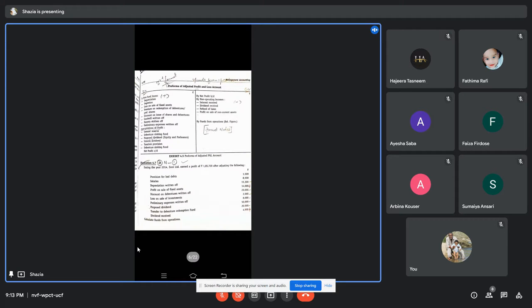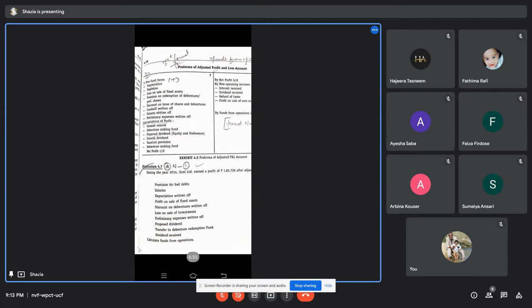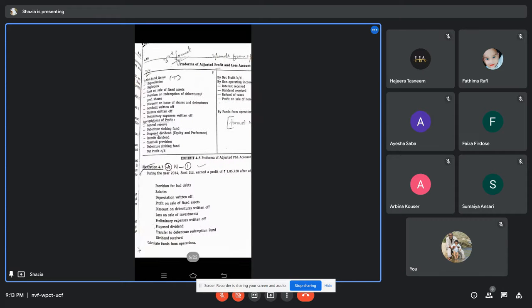Then next is the third format. देखो यहाँ पे third format है, that is pro forma of adjusted profit and loss account. This is the last format. Three formats will be prepared under the funds flow statement. Important. Okay, so pro forma prepare करो. यहाँ पे debit column, credit column, under that write down the heading. To non-fund items, what are the non-fund items? Only these items should be considered. They'll give you other items also, but these formats should be learned by heart. Without that, if you don't remember the formats, you'll not be able to do the problems. So better you people learn the formats.